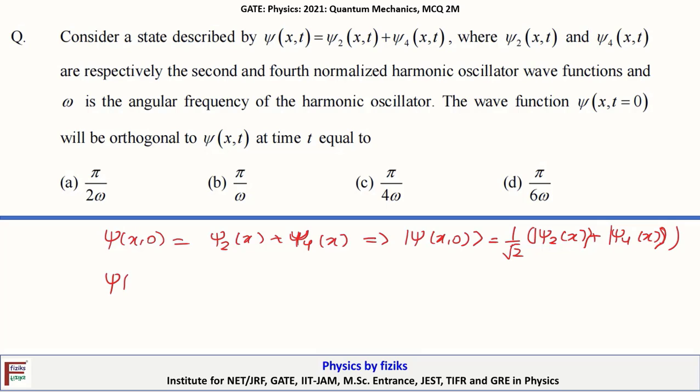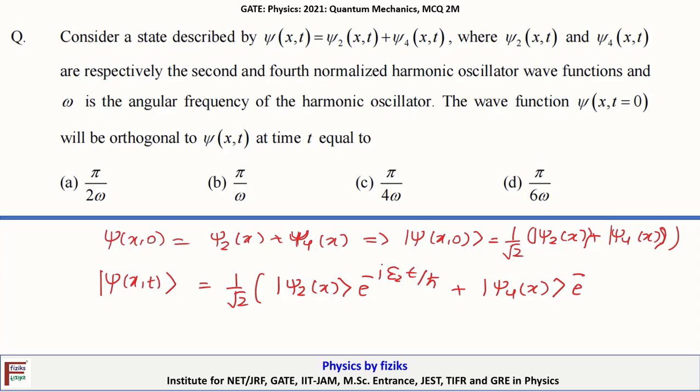Now psi(x,t) would be equal to 1 by root 2 times [psi_2(x) e to the power minus i E2 t by h cut plus psi_4(x) e to the power minus i E4 t by h cut]. Now since